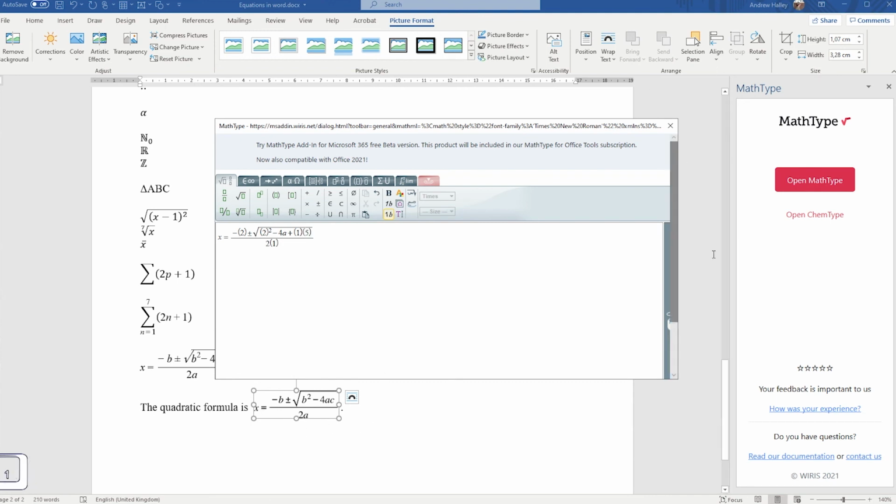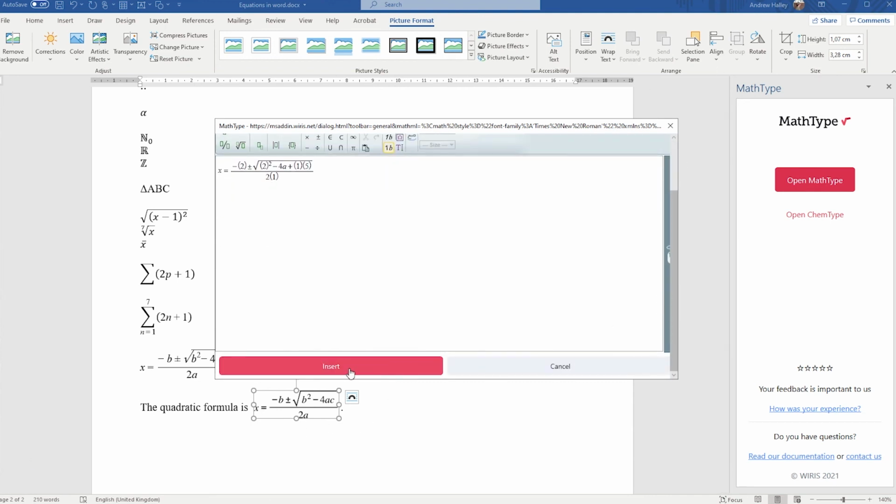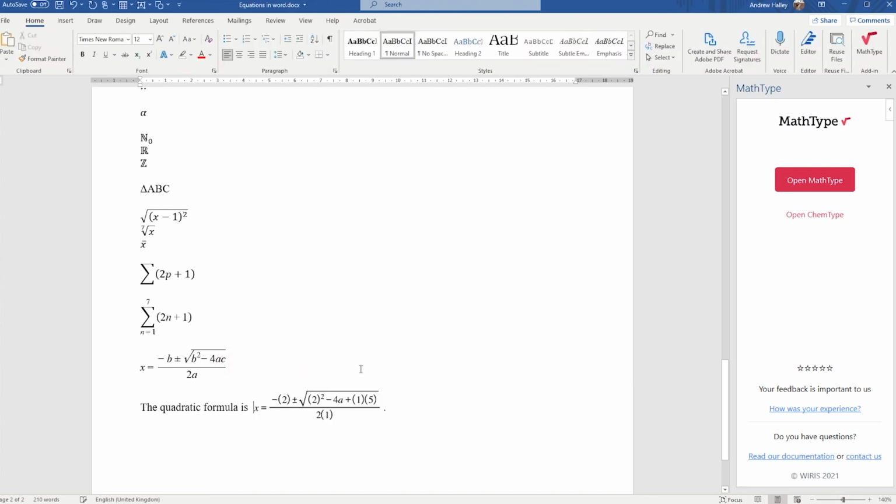And if I do that, I go down here and I choose insert again. Then it does reflect those changes I've made. So that is the last option. If we're having a particularly troublesome equation, we do have this MathType add-in, which does seem to be able to